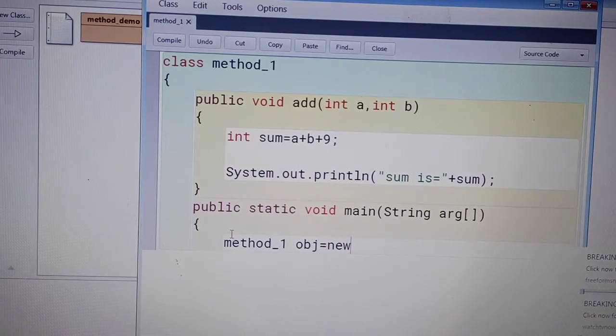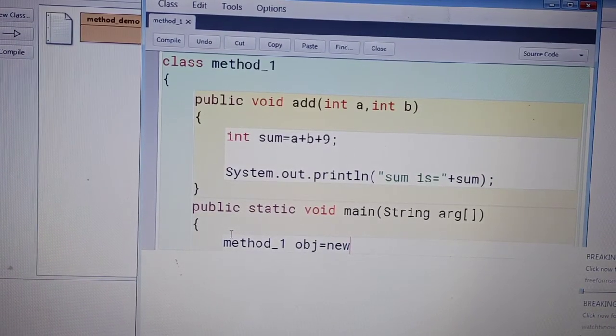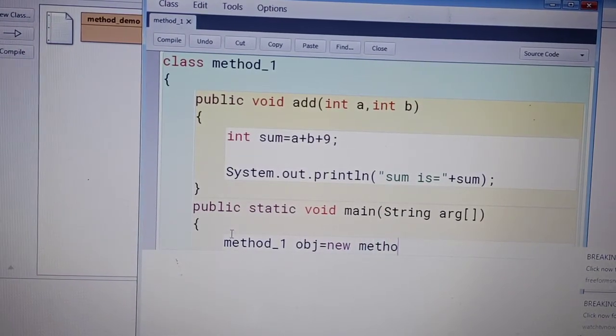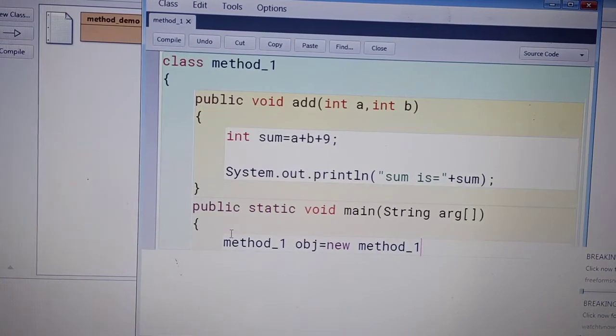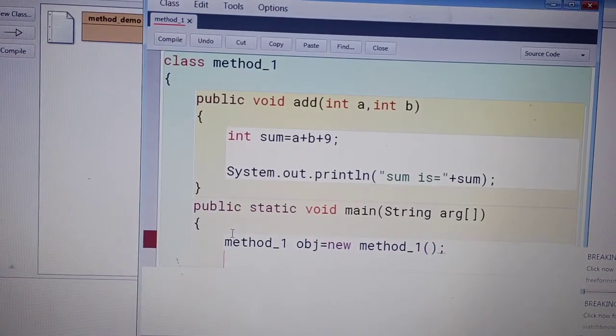New is a keyword to provide the dynamic memory, meaning runtime memory. Then the class name and function, semicolon. This is the syntax to create an object of any class.